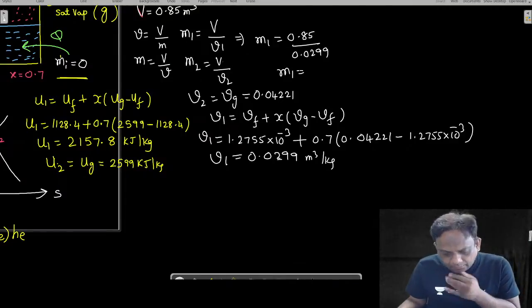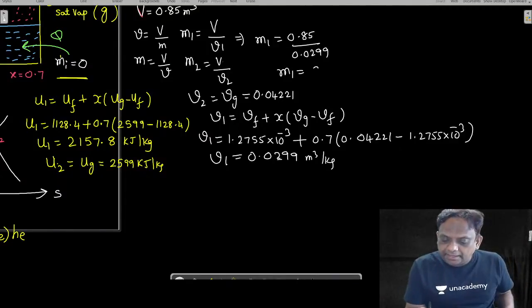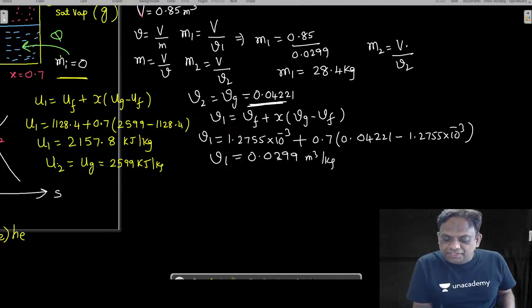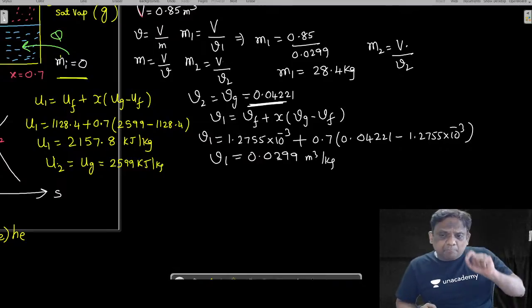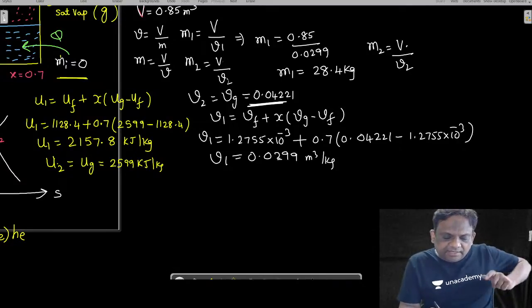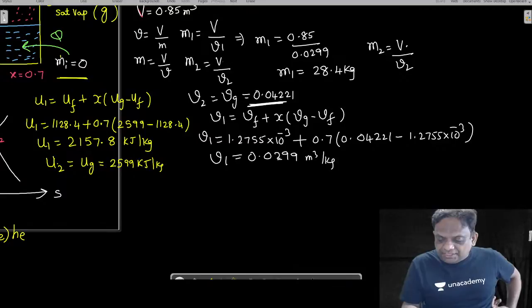M1, 28.4. Correct. 28.4 kg. Similarly, M2 is equal to V2 by small v2, but v2 is equal to vg. Look, finally my complete mixture is saturated vapor. So final mixture 2, finally it is saturated vapor, so 2 is g. So therefore this can be written as V by small vg. So m2 is equal to